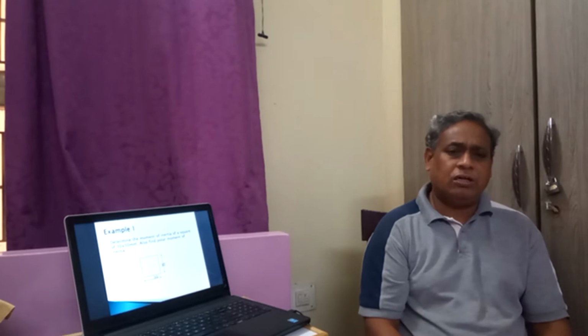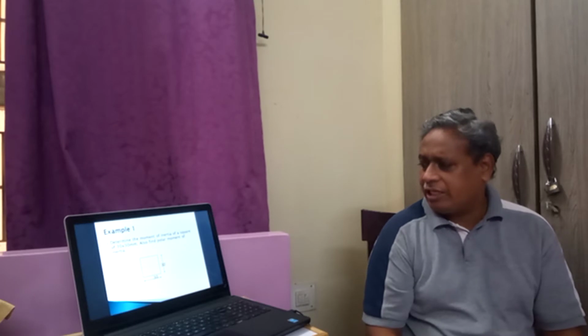So, since we know the formula for finding the moment of inertia of a rectangle of length b and depth d, we will use it to solve some problems. Let us take a small example of a square. There is a square of 30 mm into 30 mm size. Therefore, the centroid lies at 15 and 15. That is the centroidal axis.